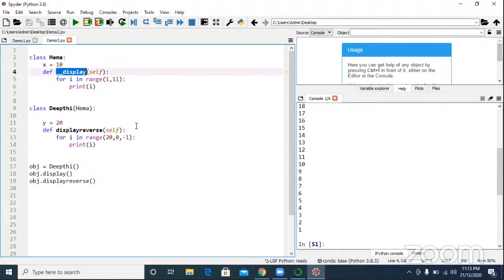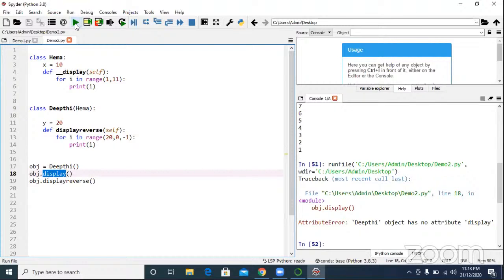So even if you get properties of Hema, if you try display, you will get an error. You know very well, private methods cannot be accessed outside of a class.